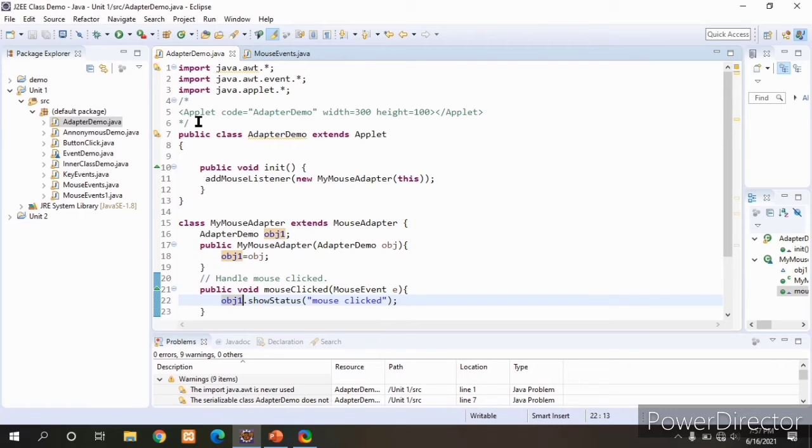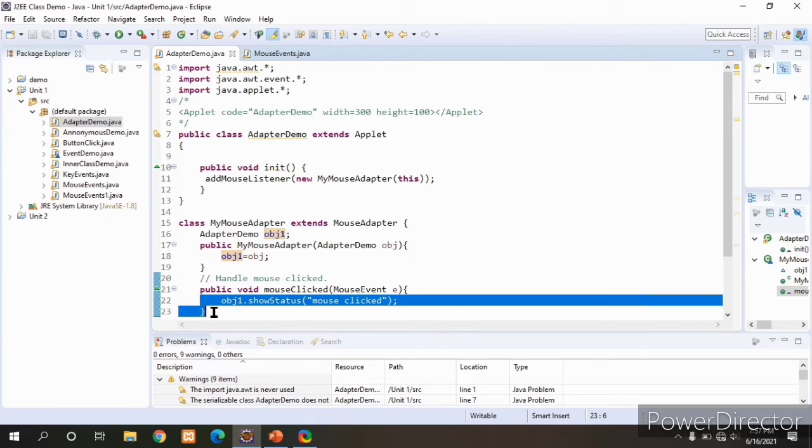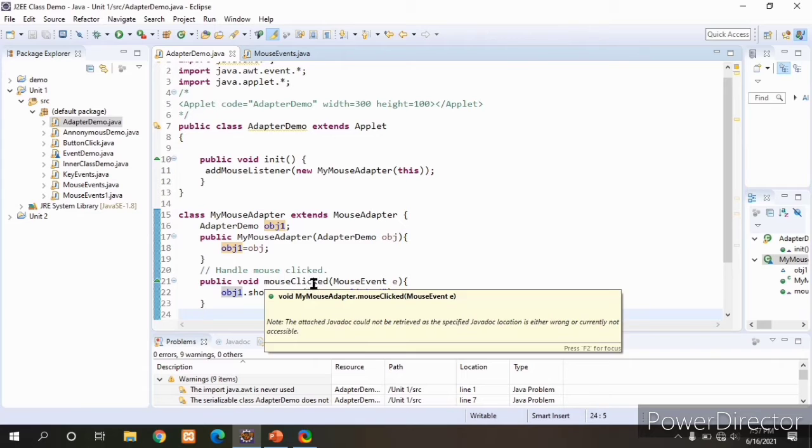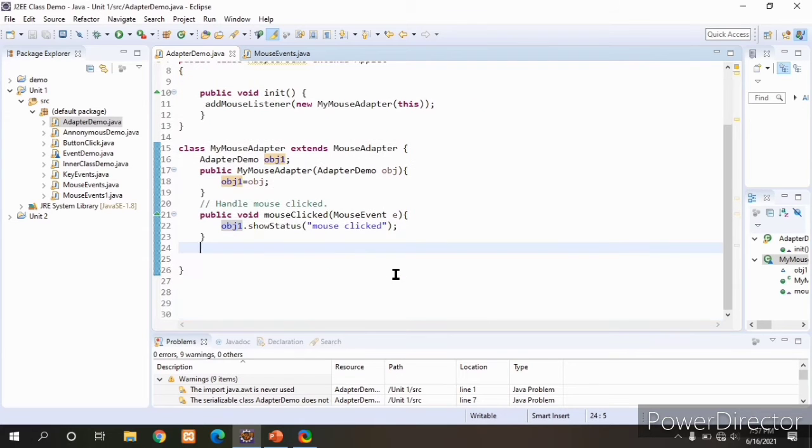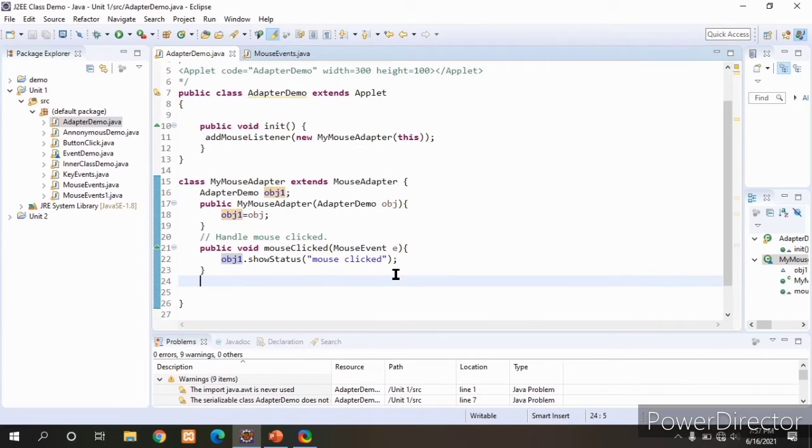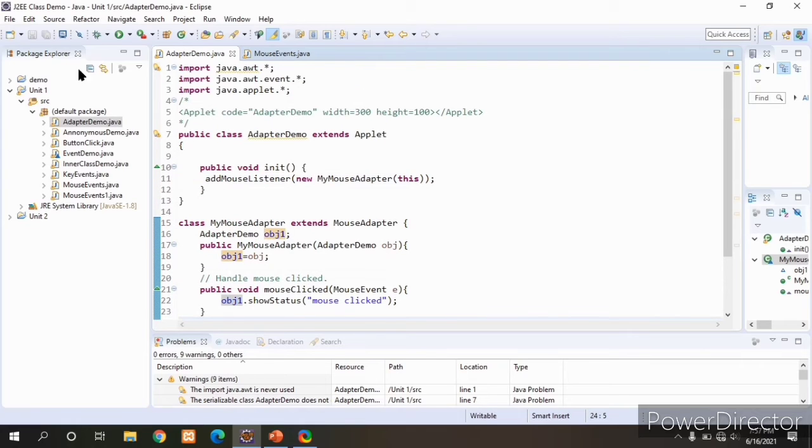Here I am interested in overriding only the mouseClicked method. The rest of the methods I am not overriding. This is the use of an adapter class.